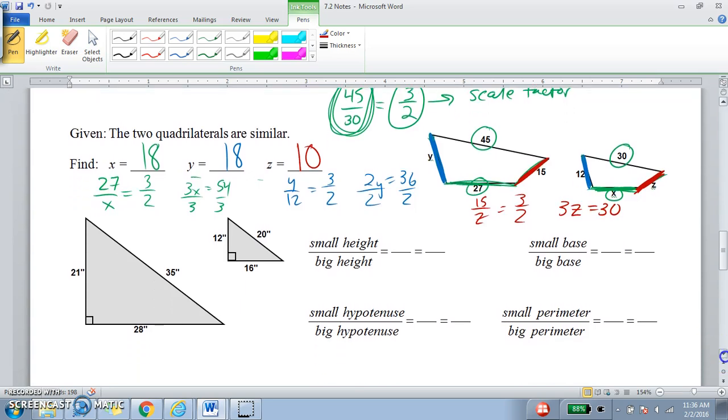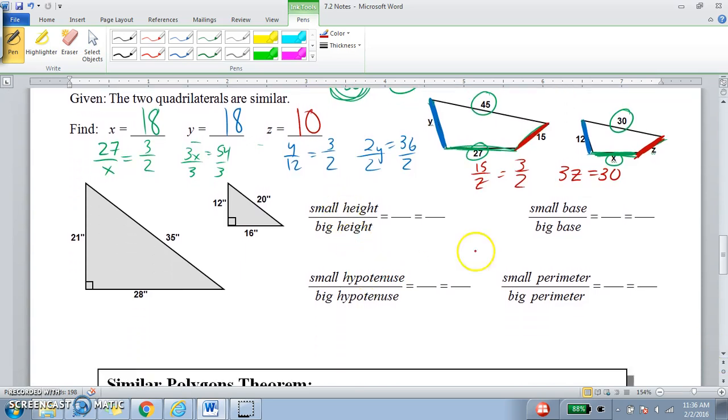All right, these two triangles. So we're finding the small height, small base, small hypotenuse, big hypotenuse, small perimeter, big perimeter. So hypotenuse, if you don't remember what that is, is the side across from the 90-degree angle in a right triangle. So that would make the height and the base the other two sides. Since this one's going vertically and this one's going vertically, we'll call those the heights, and the ones going horizontal